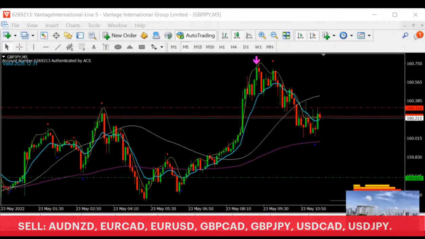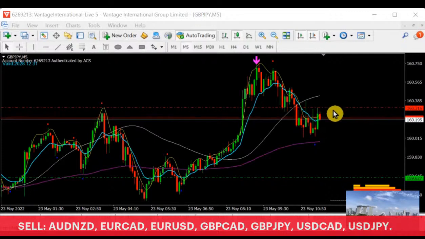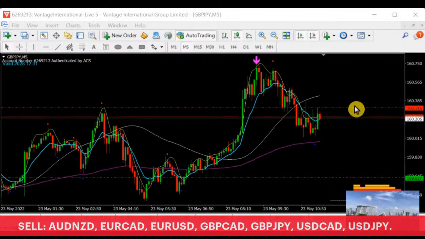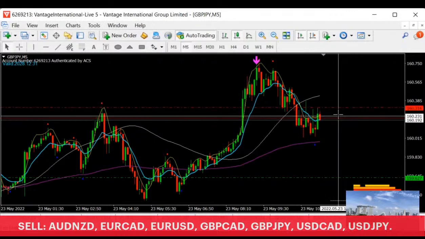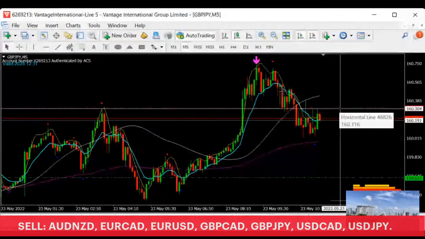Because of this, I guess we have another 5 minutes to go. After this, I'm waiting for the next 5 minutes to come to have an engulfing candle. Then it will be a better selling signal, a selling spot there. Selling in this area is better. So far so good.